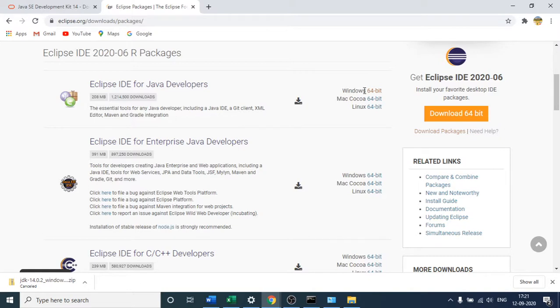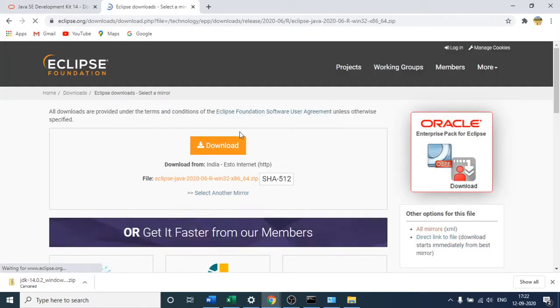You have to click this 64-bit, and after that, that will appear and you just click download. So automatically your file will start downloading.